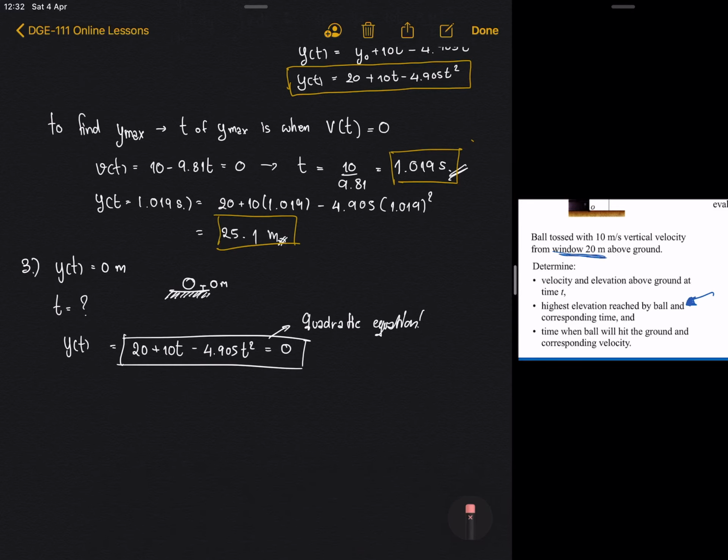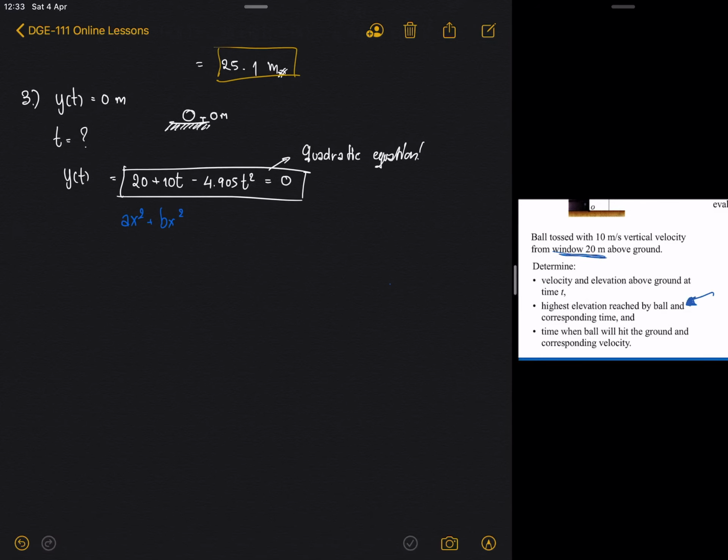So here is the formula for quadratics: ax squared plus bx plus c equal to 0. To solve this, you can use x equal to minus b plus or minus the square root of b squared minus 4ac, and everything is over 2a. Okay, you can use this,